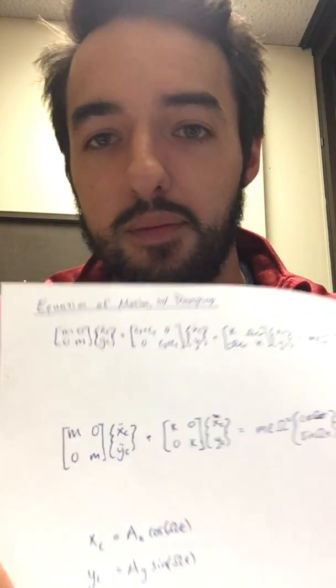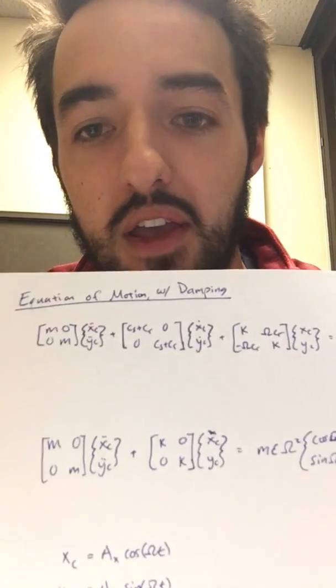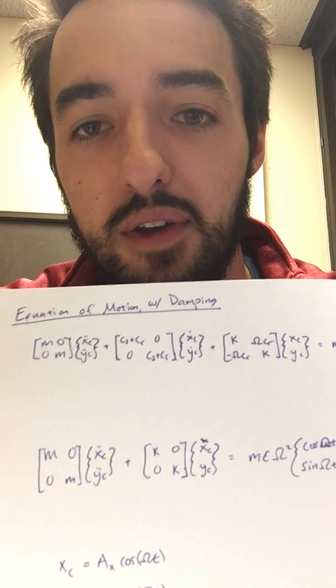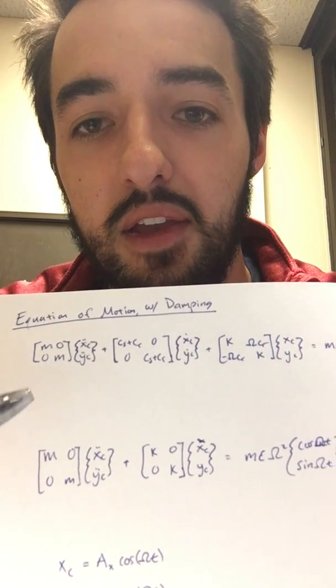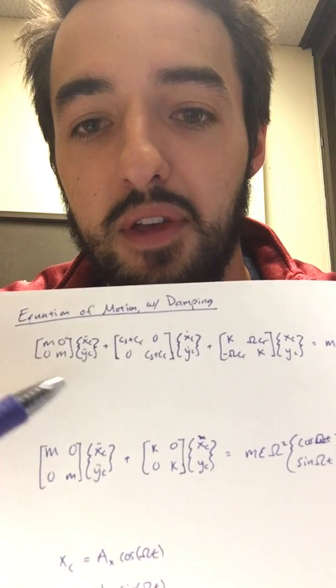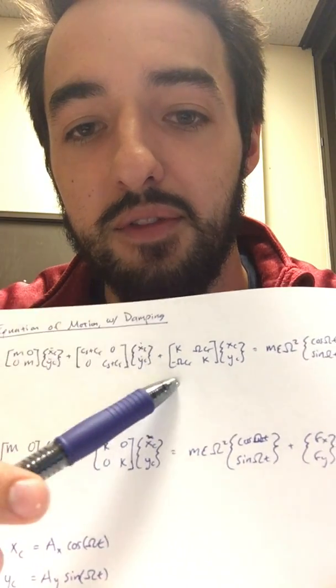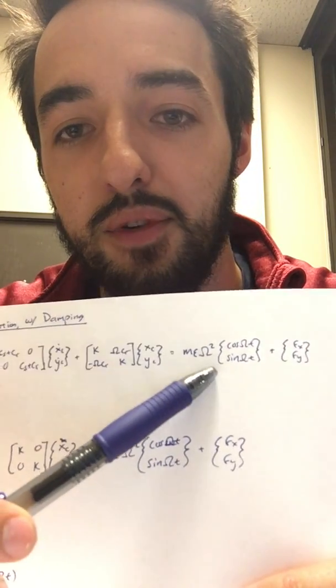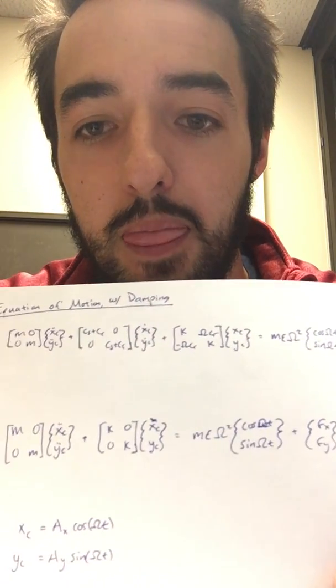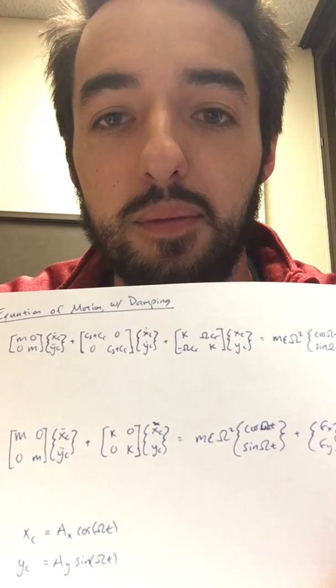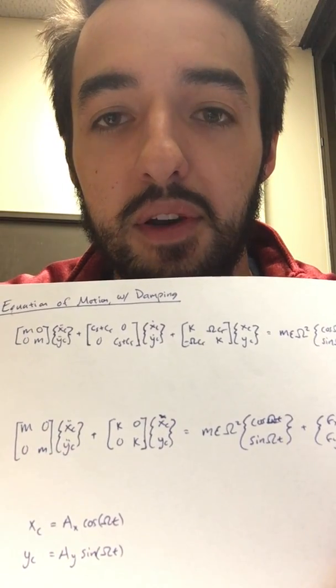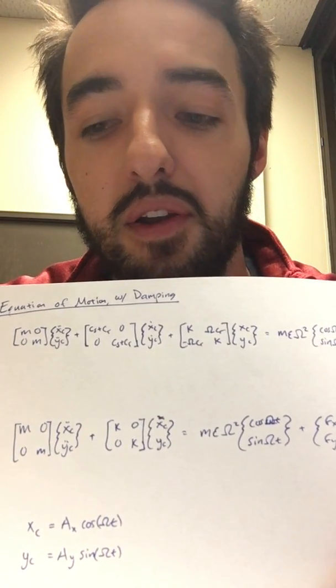Hello. So here's the equation of motion for the Jeffcott Rotor model, including damping. You have your mass matrix, your damping matrix, stiffness matrix, and then forces on this side. And we could solve this by decoupling the matrices, but it would require complex